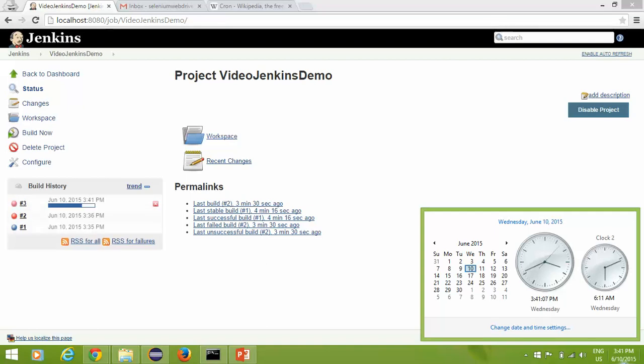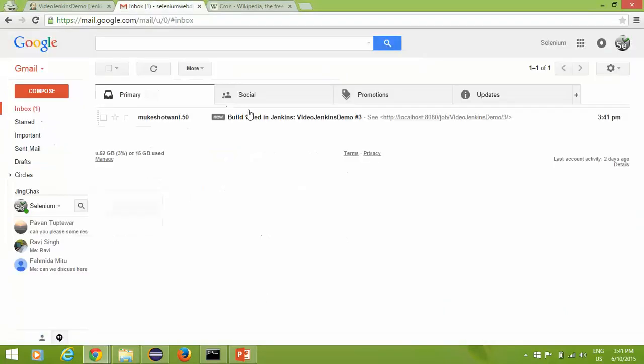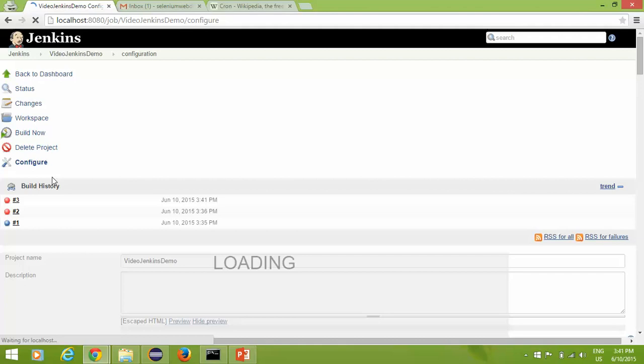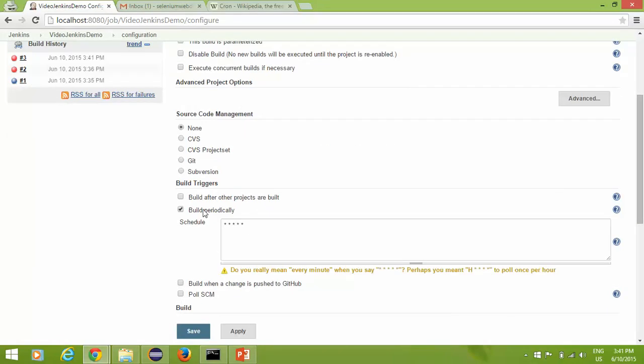And you can see it has started because it started in 1 minute. So you'll get the new execution report. And again this is failing, so you're getting an email. Now if I don't change this, it will execute the job every 1 minute, which I don't want. So I will simply go to the configure section and configure again. Take a very basic example which generally you will also do.